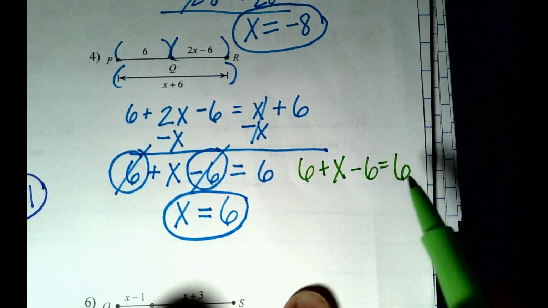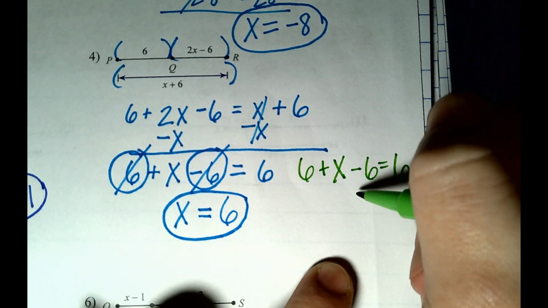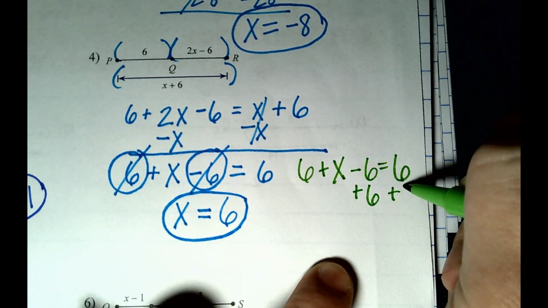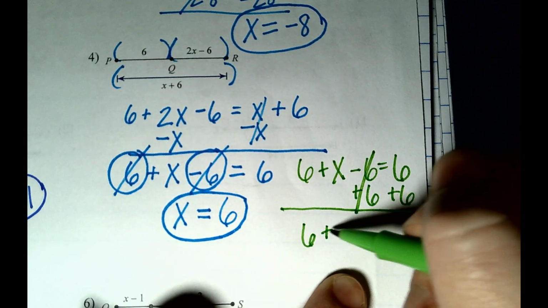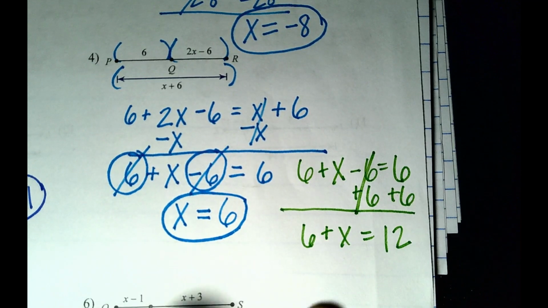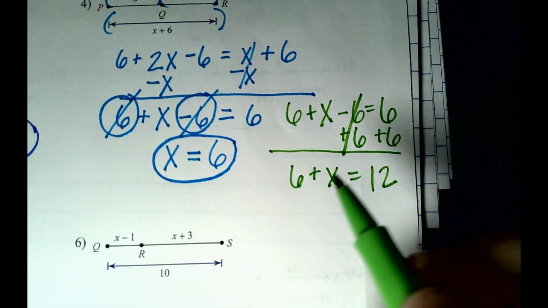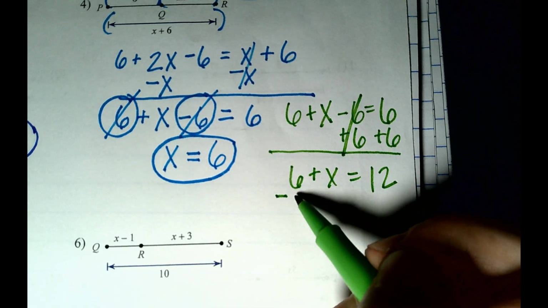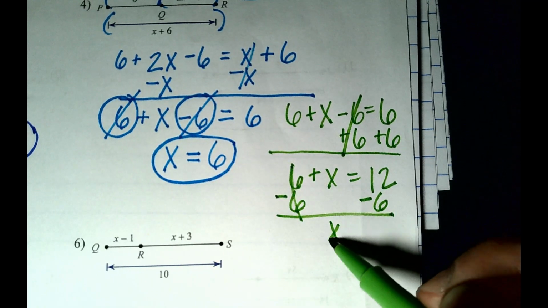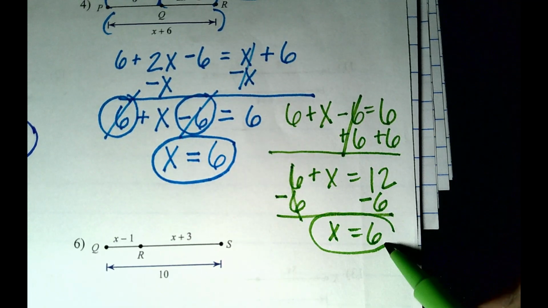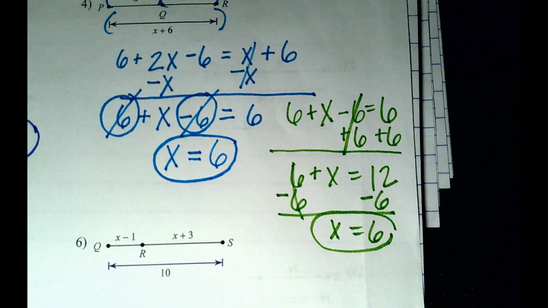Did you add 6 to both sides? Yeah. Okay, so we add 6 to both sides, which left us with 6 plus x equals 12. Yes. And then we subtracted 6. Yes, so you would get x equals 6. Different work, same answer. That's the cool thing about when you start getting into this higher level math is there